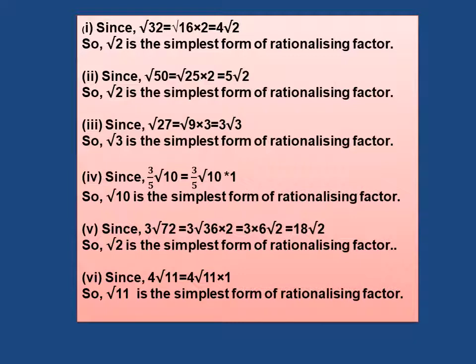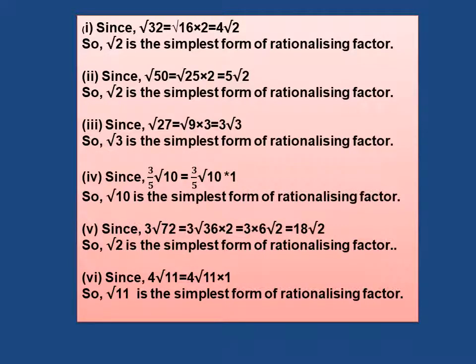When you take the fourth sum, 3 upon 5 root 10. When you want to simplify 10, 10 comes only as 10 ones and 5 twos. But in the case of 5 twos are 10, we get no square term, so take 10 ones are 10, where 1 is a square term. Root 10 into 1, the square root of 1 is 1, then root 10 remains as it is, and therefore root 10 is the only simplest rationalizing factor.